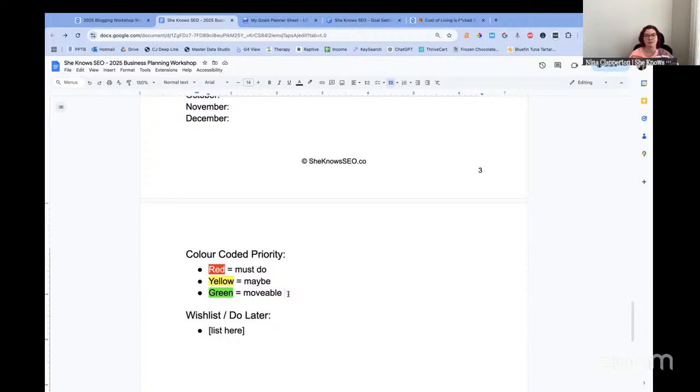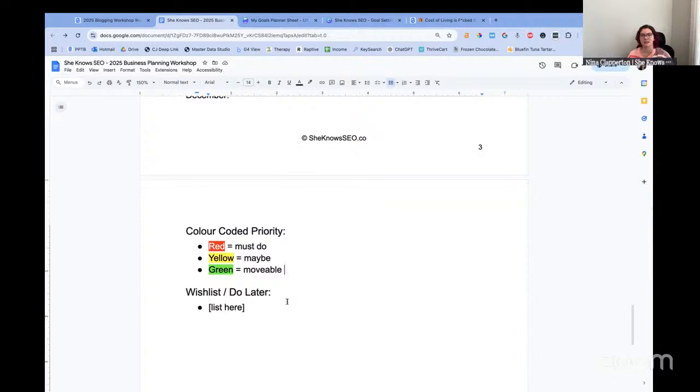Now, someone also asked about having too many goals or too many things they want to do. That's where the wish list comes in. So down here, you're going to put anything extra you want to do. And a lot of these you're not going to touch. Because ultimately, if they were things that moved the needle, they would be in the regular schedule. So there's always been things in my wish list.